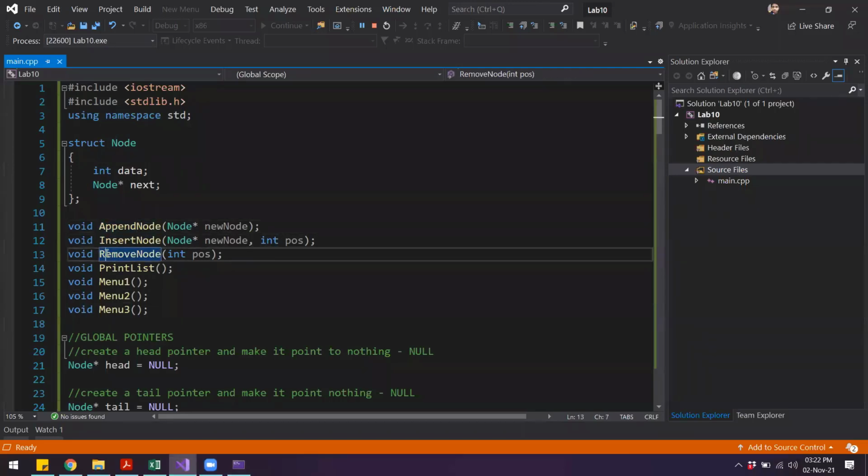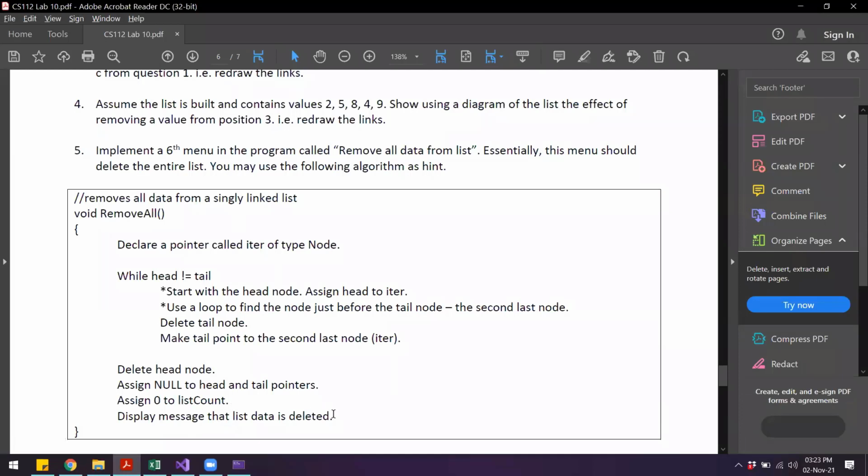This remove node will remove only a single node, okay? And then print list and some other helper functions. Now we have to write one more function which will delete the entire list. And as a hint, the pseudocode for that algorithm is given.